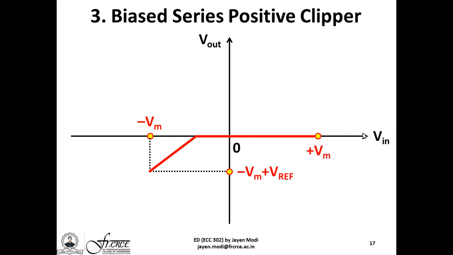So with the AC input signal negatively shifting from 0 to minus Vm, the output AC signal is simply limited between 0 to minus Vm plus Vref. Biased conditions have the advantage that by changing the DC reference voltage Vref, you are actually able to control the amplitude of the output voltage which can be obtained.